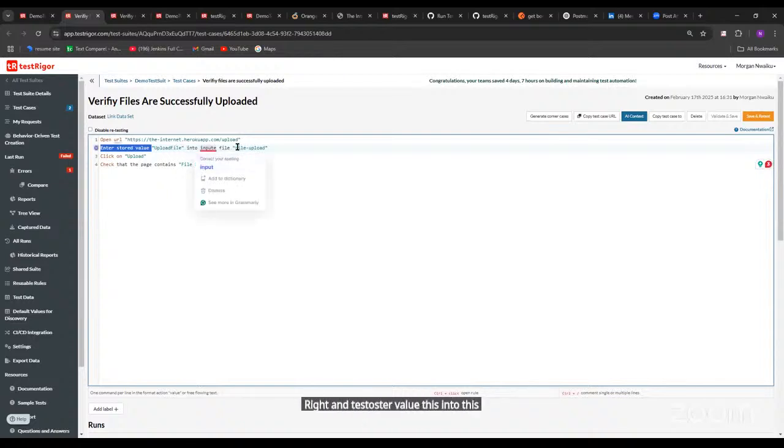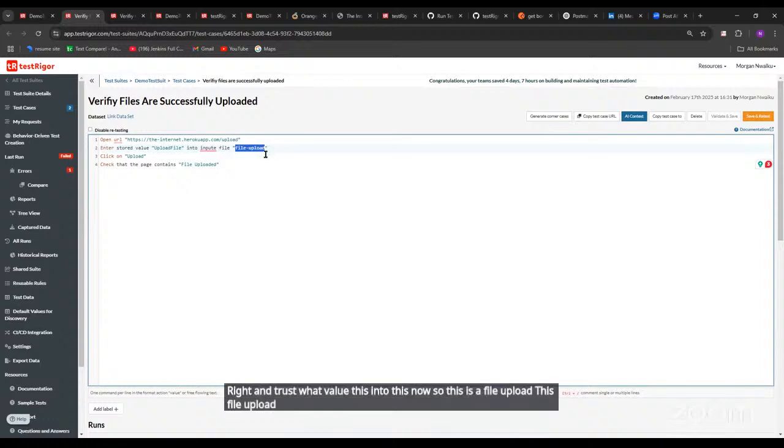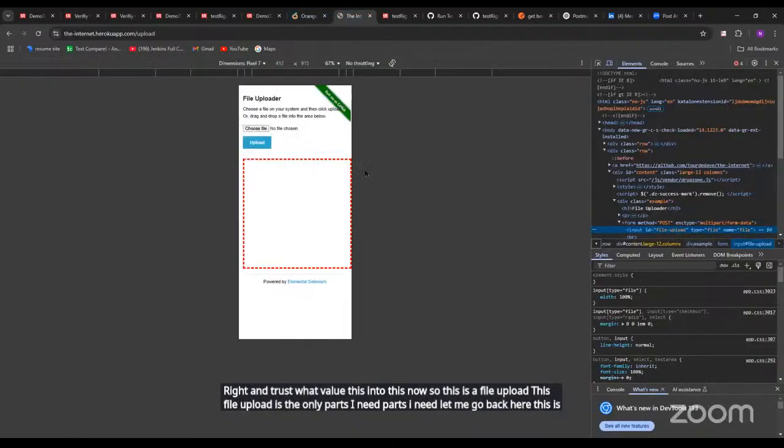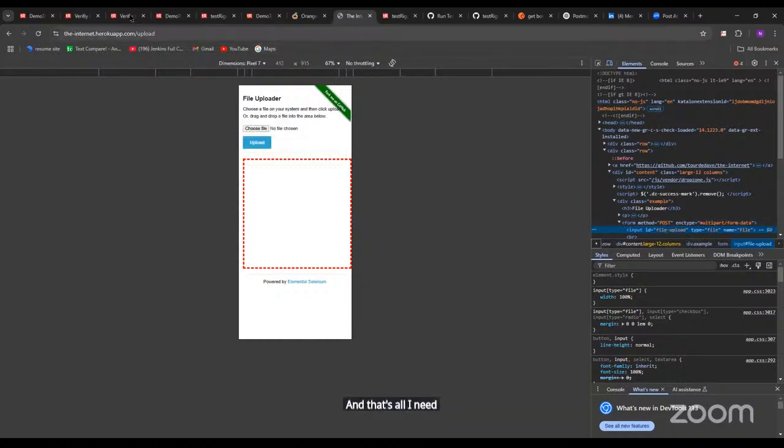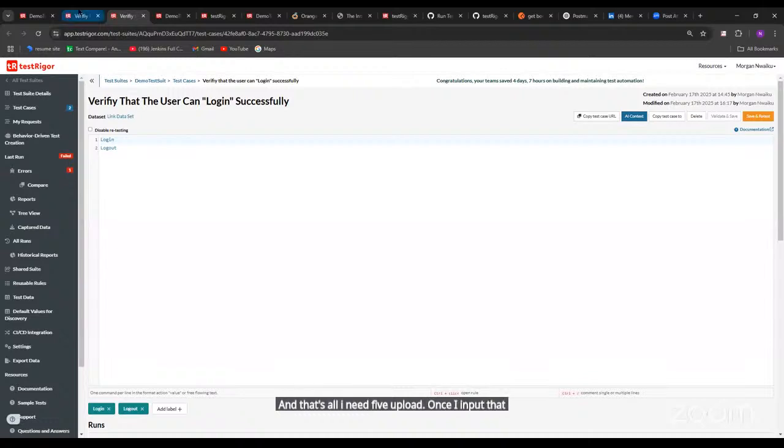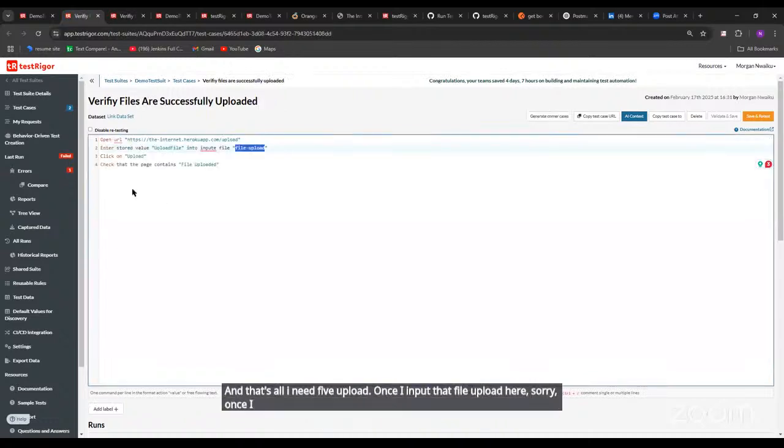Now, this is a file upload. This file upload is the only part I need from, let me go back here, the only part I need from this when I inspect. I only need this ID, and that's all I need, file upload. Once I input that file upload here and also click on upload, check